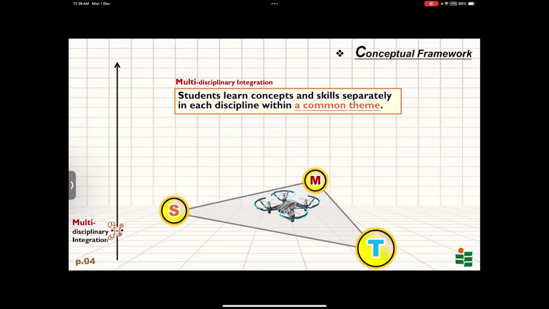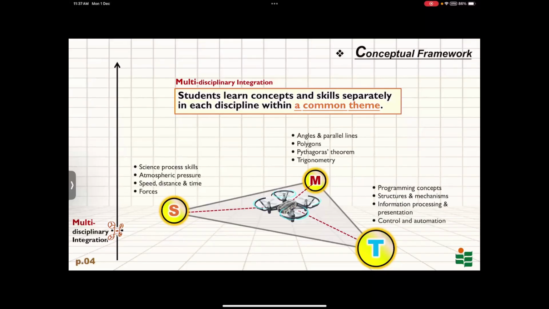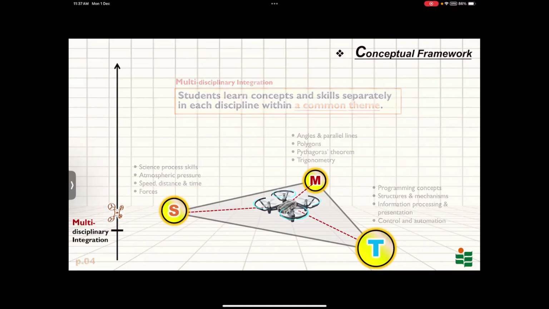To ensure relevance and coherence, we conducted a curriculum mapping process that aligned our learning content with official curriculum guidelines in science, mathematics, and technology education. This stage builds directly on what students have already learned in their regular classes, transforming prior knowledge into hands-on experiences. Through guided inquiries, students apply concepts in meaningful real-world contexts.